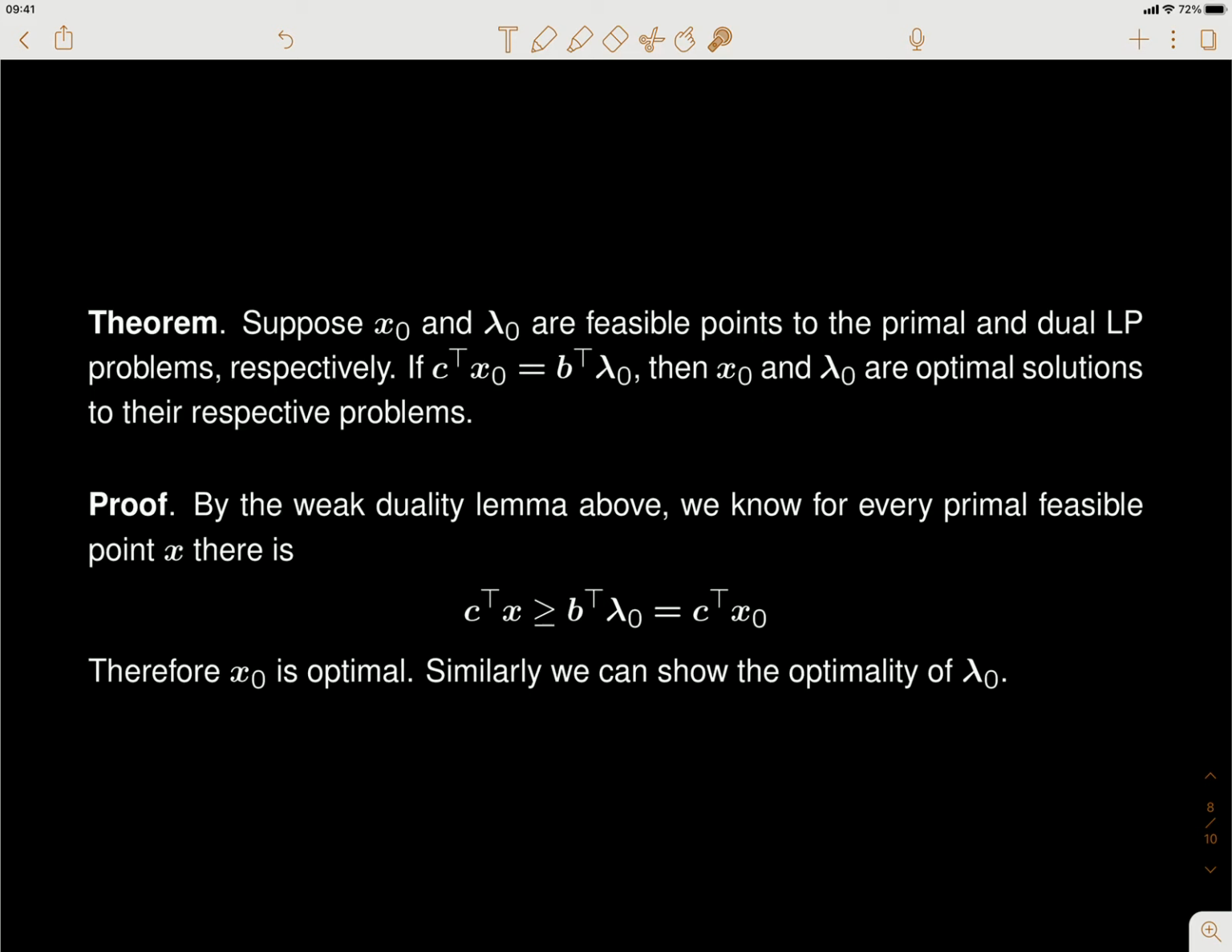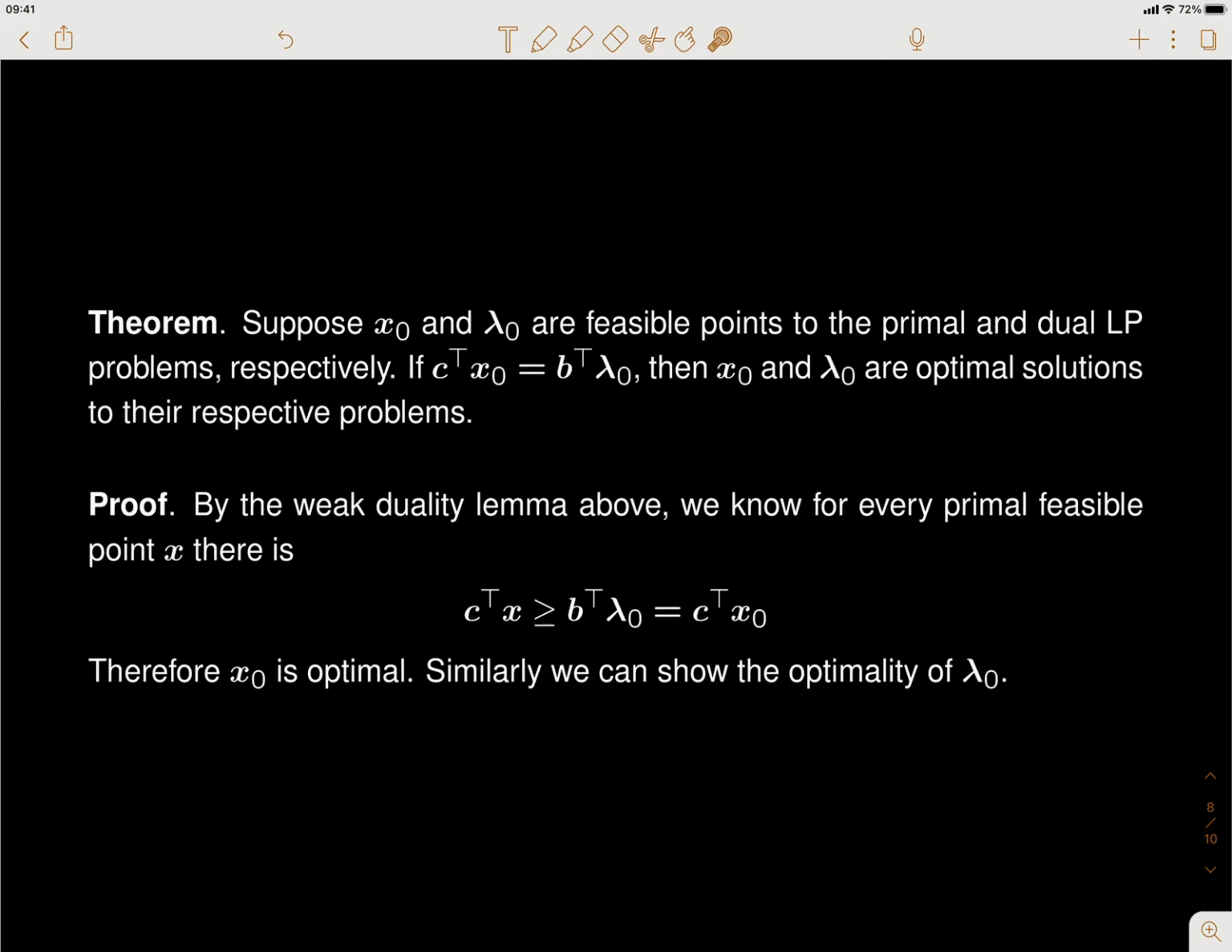Okay, both x0 and lambda 0 will be solutions of their problems. This is actually just a very easy derivation, a corollary from the weak duality lemma before, because we know this must be greater than or equal to 0. So now let's consider